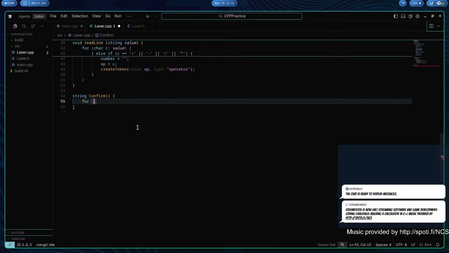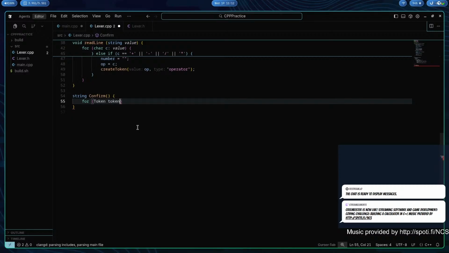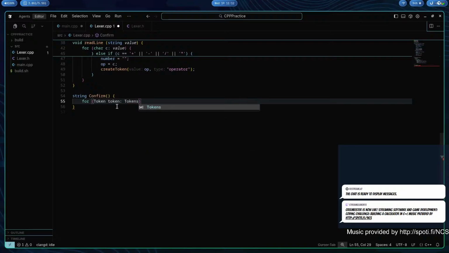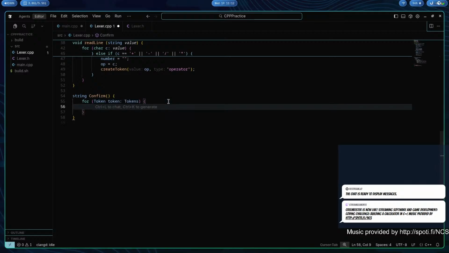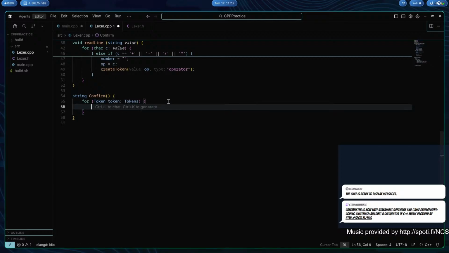For token, oh, wait, is it tokens? No, it's token. I hate the way this language does things. Like, why does it have to use this? I get it, but I hate it. Anyway, for... No? Okay, you're just unhappy. For token and tokens, cout